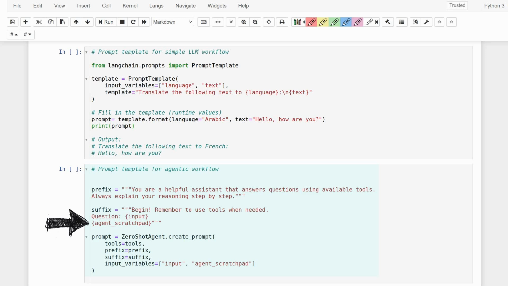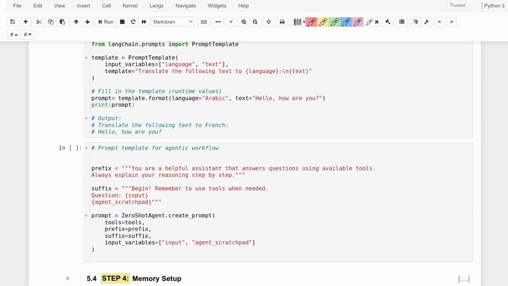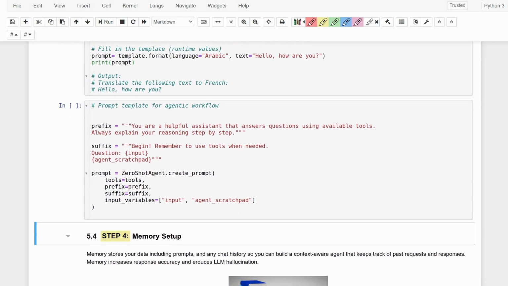This is part of LangChain's ReAct style of reasoning. This way the model can see its own previous thought process and what it did, so it can continue from there. All that is left is to define the prompt and pass these prefix and suffix, the tools it can access, and the input variables. Don't worry, we will plug it all together in a minute, but for now, let's move to the fourth step,